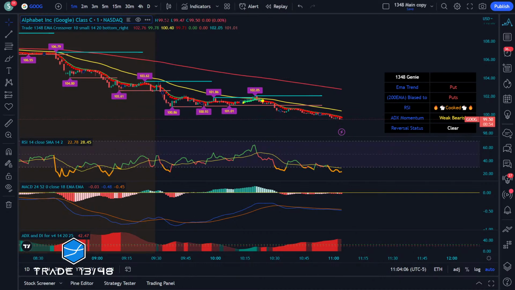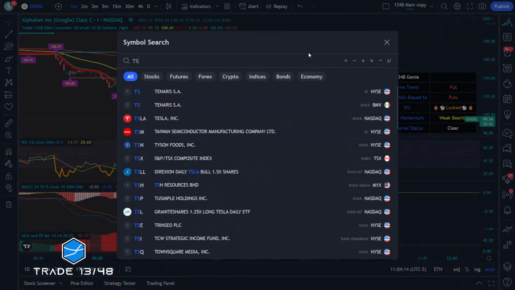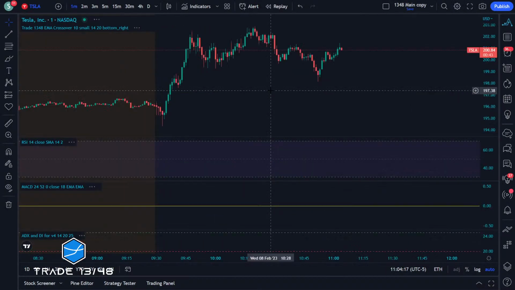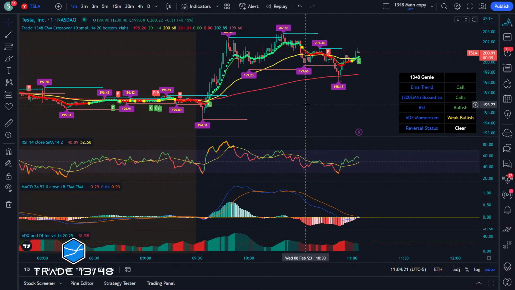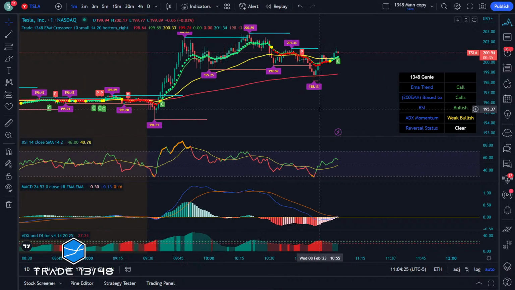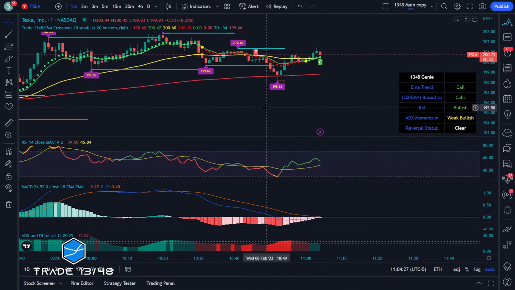Let's see here. Tesla 1 minute traffic light up was good. I missed it, but it was nice. Let's go ahead and look at Tessie, right? Now, guys, it's up to you to go onto the platform and look at the traffic lights or the alerts on the 3 and the 5. And then obviously you're sort of kind of like waiting for these traffic lights to happen on the 1 minute,